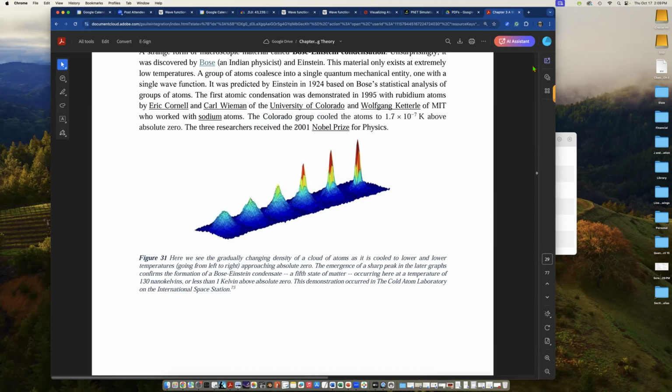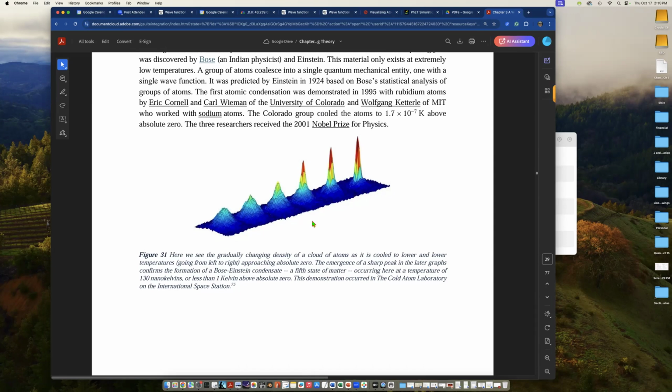It's hard to imagine that Einstein and Bose and their collaborators could have imagined this would ever be demonstrated. Einstein knew about the equations that we now interpret as describing black holes, but he could not have predicted that we would understand those things as well as we do. But here's Bose-Einstein condensation, predicted by the use of the Schrodinger equation, by cooling that group of atoms to 130 billionths of a Kelvin